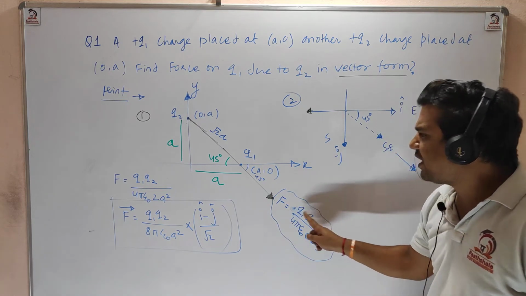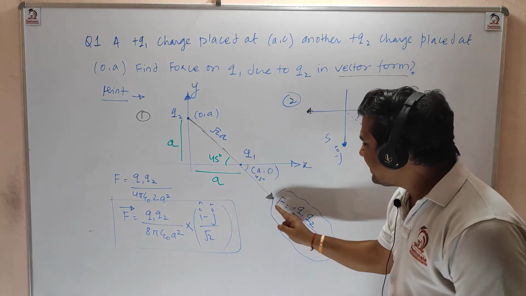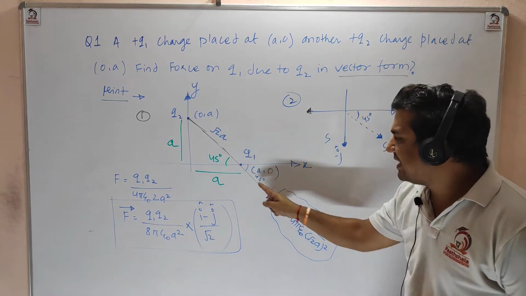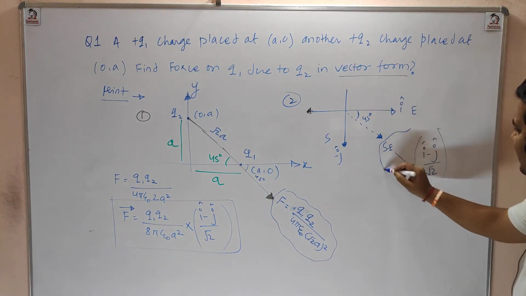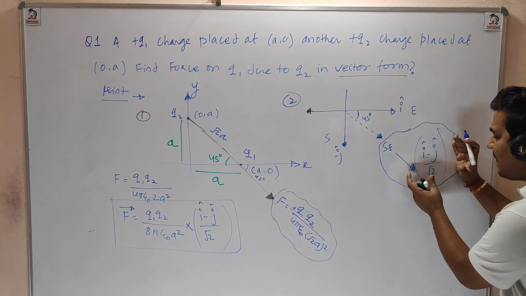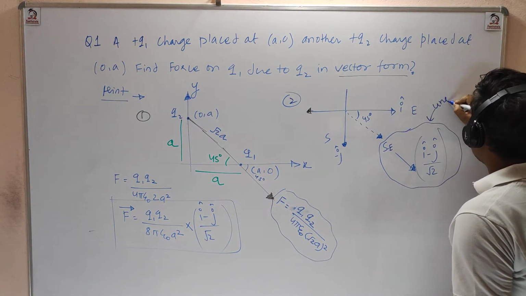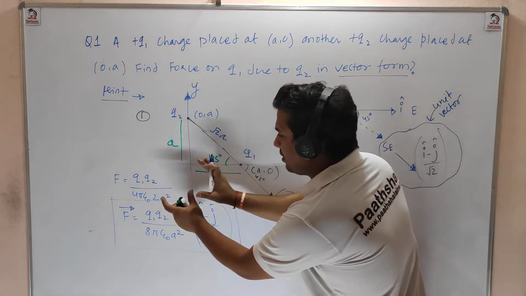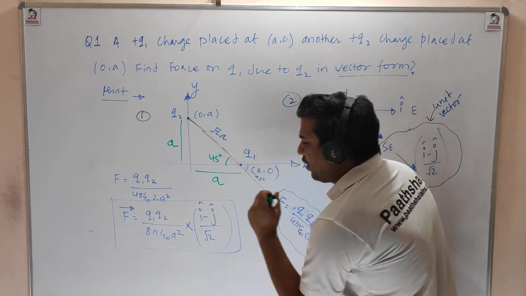So we got the magnitude of force very easily, and everyone can see the direction is along southeast because this angle is at 45 degrees. The unit vector which represents southeast is I minus j by root 2. So we can multiply this I minus j by root 2 into the direct result. Why? Because this is a unit vector, and a unit vector gives only direction. So we'll get the final answer like this in vector form.